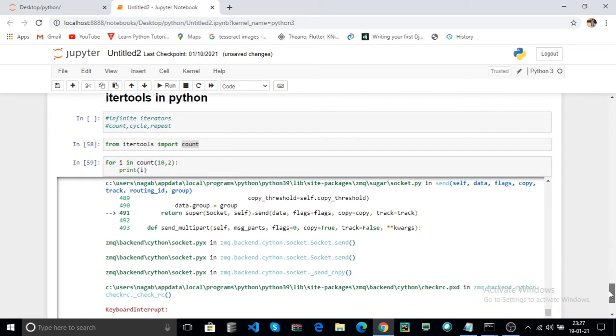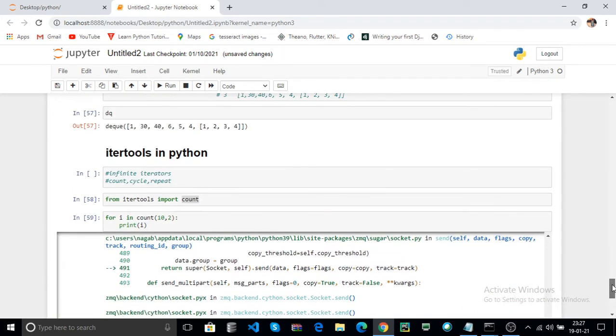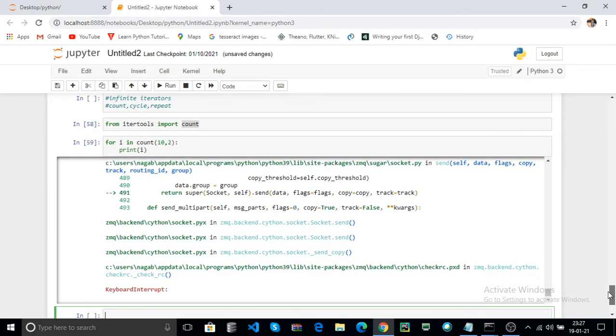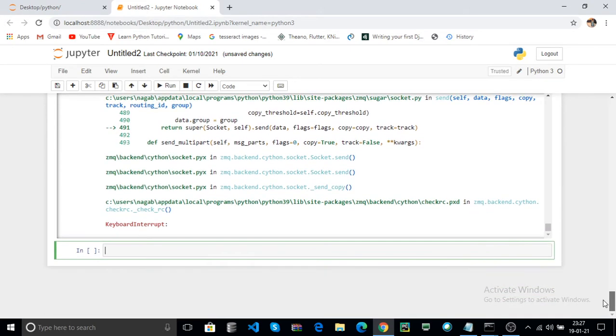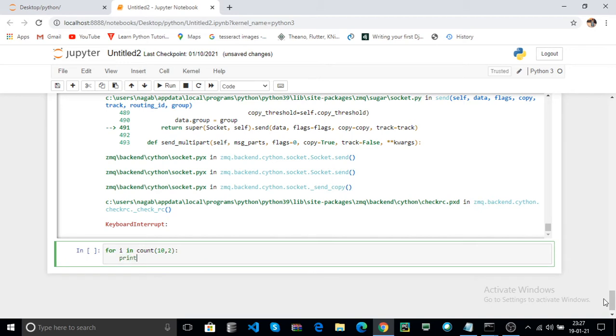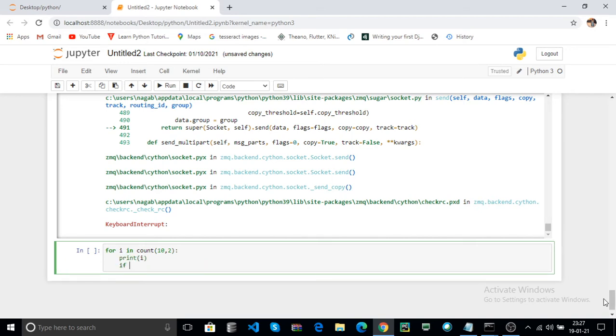This is count, and now how to use a condition with the count function. For example, for i in count, it is used to iterate your items. Now print i. Now I check the condition: if i less than 25, break.